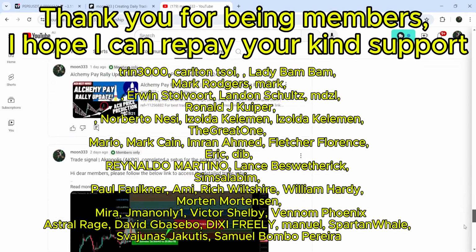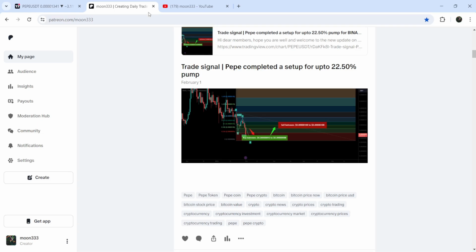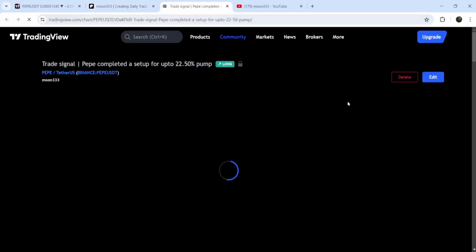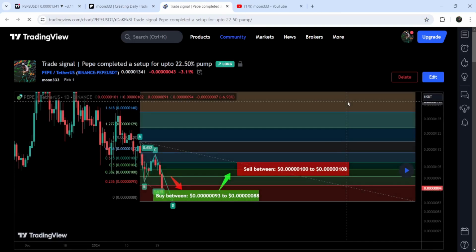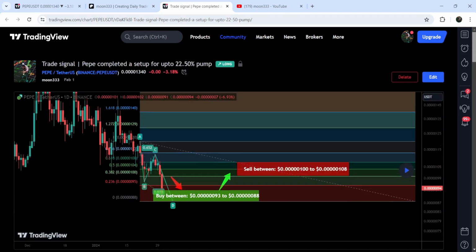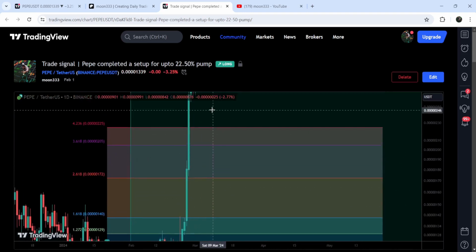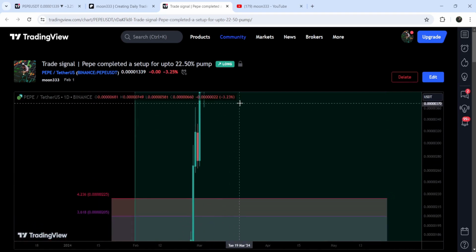So that's right, analysis. And first of all, let me begin with my most recent trade signal for PEPE that I shared on 1st of Feb 2024 with my members. And that was a harmonic bullish reversal AB equal to CD move that PEPE formed on a daily time frame chart with the US dollar pair. And this was a complete trade setup. And this was the buying zone and the sell target zone and the stop loss. And now if I play this chart, you can see that the price has started a very massive reversal from this buying zone and rallied beyond the sell target zone. And so far, it has rallied almost